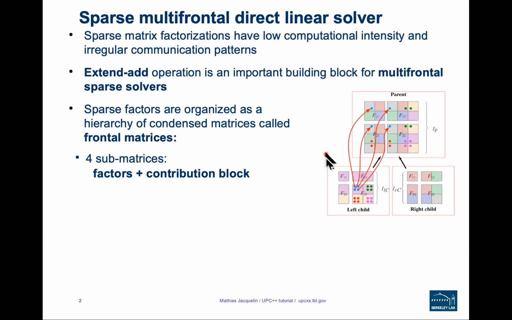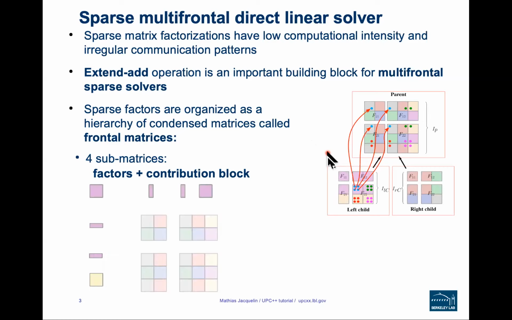Each of the submatrices of the frontal matrix are actually dense matrices, but they represent a sparse matrix. So basically how this works is that if we look at the overall sparse matrix, here I'm representing the factors corresponding to the left child, which are on this block column on the left here and block row at the top. And these, as I mentioned, have a parent-children relationship with the blocks to the right here.